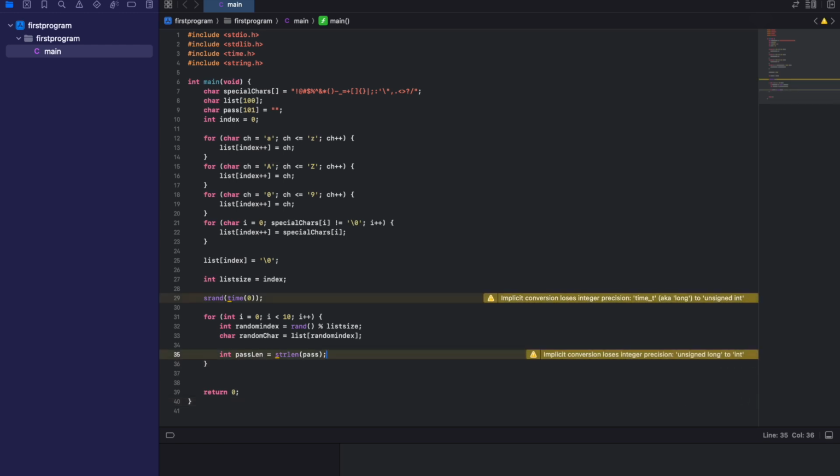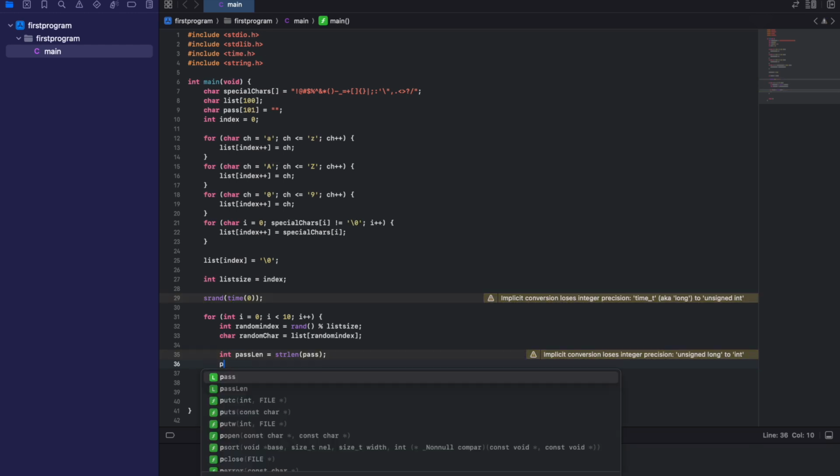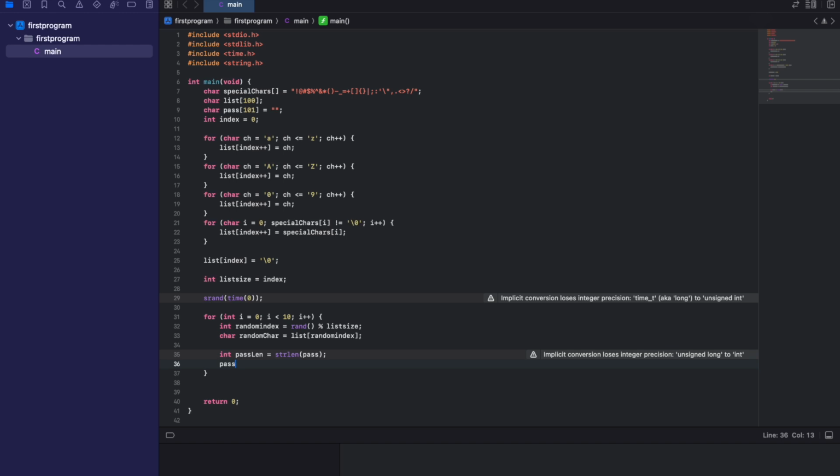Let's say 2. You should add this library string.h. In C++ you don't need it, but if you want to add it in a C program, you should add the string.h library and write strcat, strlen, and these functions of the strings. So here we write the index of passlen in password,